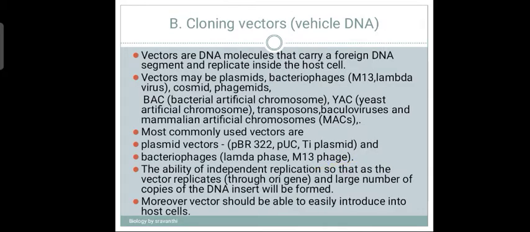Next, going to the cloning vector. So the first thing needed is the enzymes, the second is the cloning vector. For the cloning vector we select the foreign DNA. For example, if you need to produce insulin, then for producing insulin we have to insert the insulin gene in a plasmid.